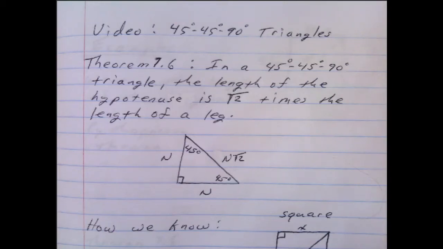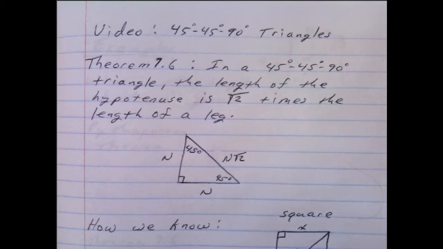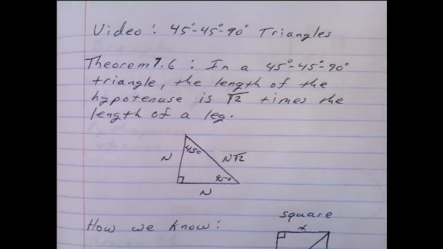So today we're talking about special triangles. Our first one is a 45-45-90 triangle. So we have a theorem. Theorem 7.6 tells us that in a 45-45-90 triangle, the length of the hypotenuse is the square root of 2